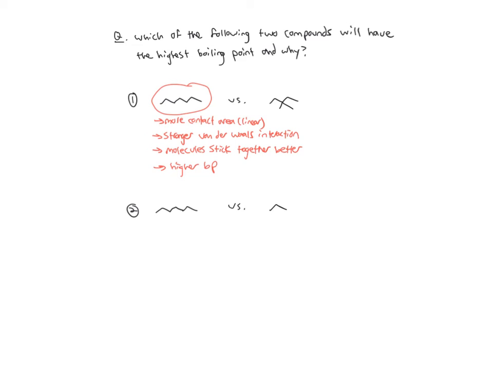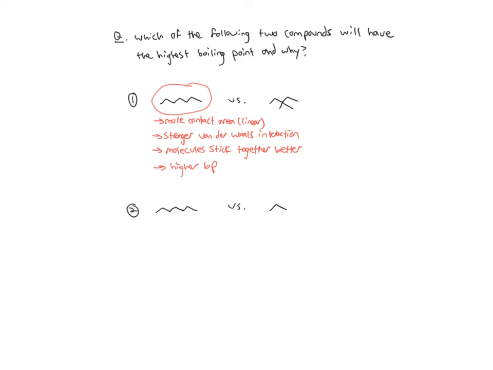are about four or 5 points, because you do have to mention what the main difference is, so that more contact area and stronger interaction is important to mention, and the type of interaction. So we're dealing with van der Waals here. We've seen dipole. We're going to see one more after this. That's why I wrote the van der Waals in, just because you do have to identify the type of interaction. And then saying that the molecules stick together better, so why do we see this higher boiling point,